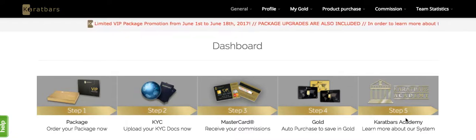For now, I know that's a lot of information to take in, but honestly, it's really, really easy to do Karatbars and to set it up, and the recruitment process is so easy. Well, it's not a recruitment process per se. The signing up process is really, really easy. All you have to do is send out a link, get 5 people sponsored, and in 5 weeks,